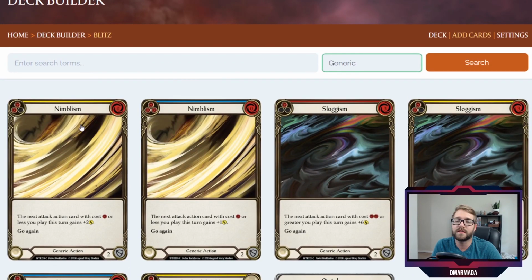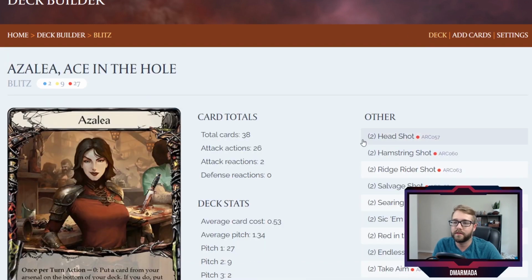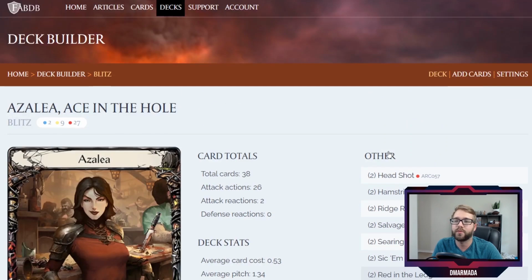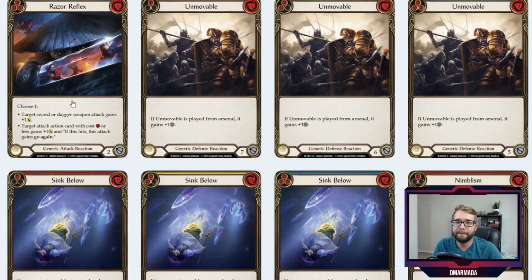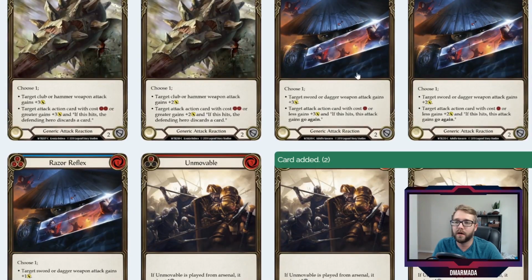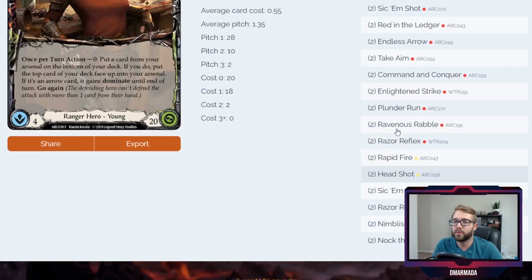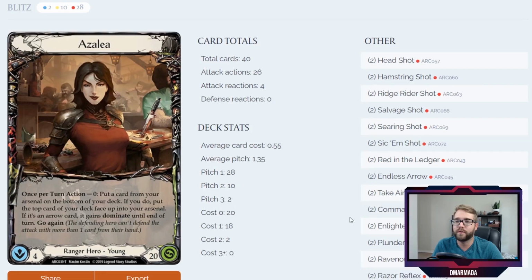Because if you take the red ones out, then you can run the yellow Razor Reflexes. Oh no, sorry. It only added one of each. Oh, look at that. That's weird. Let's go back and add the Razor Reflexes in. Bow and a bow. There you go. And then you're allowed to run 2 Razor Reflexes and 2 Razor Reflexes there, which is just good for